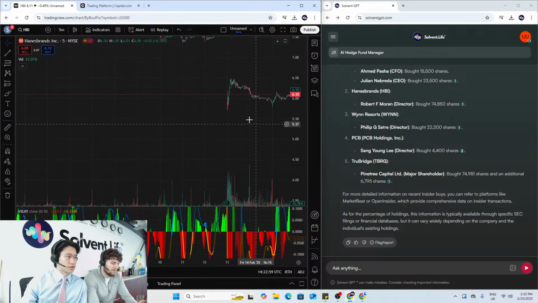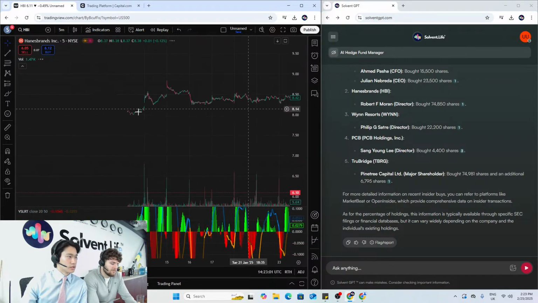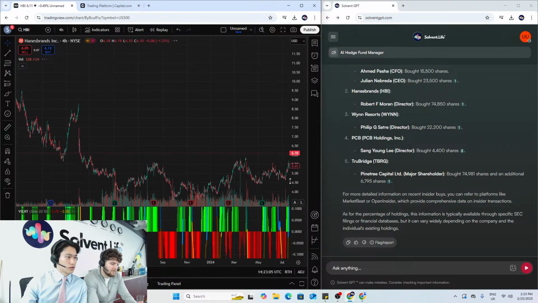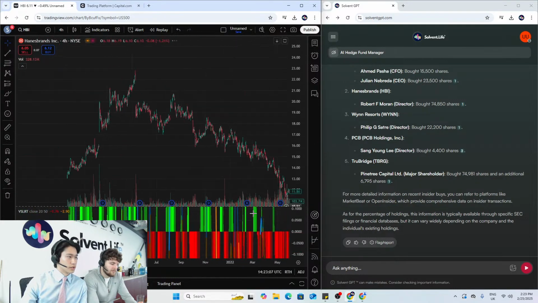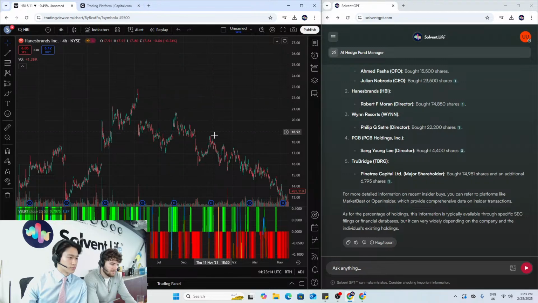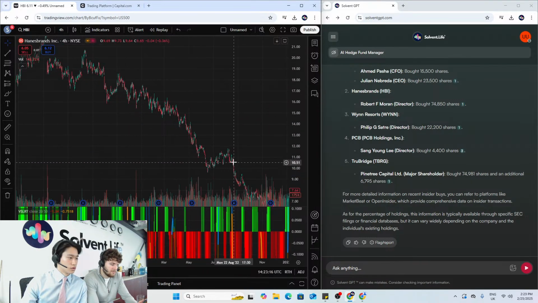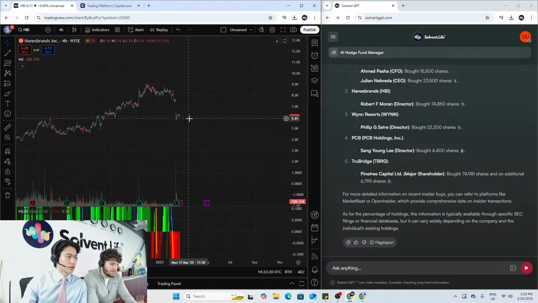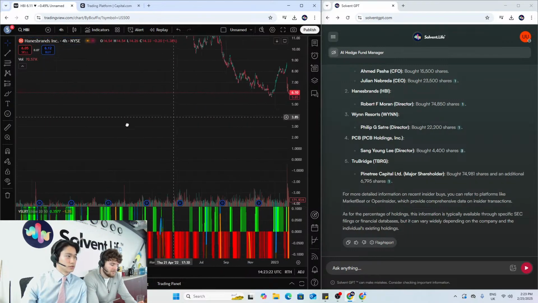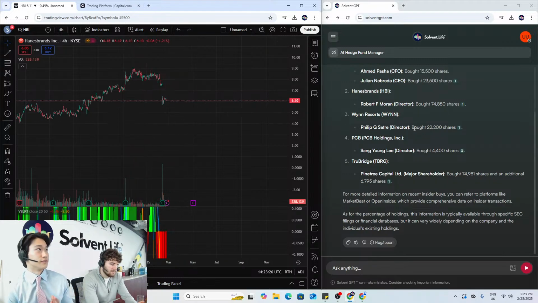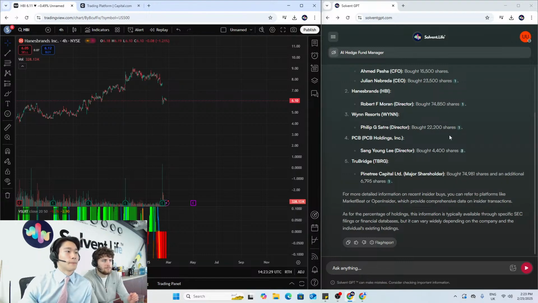That's not what we're focused on. I mean, let's zoom out here all the way. They were up in the 20s back halfway through 2021. So they were up at $20 at one point. They're currently at $6, nearly an all-time low. So no wonder 75,000 shares have been bought, right?